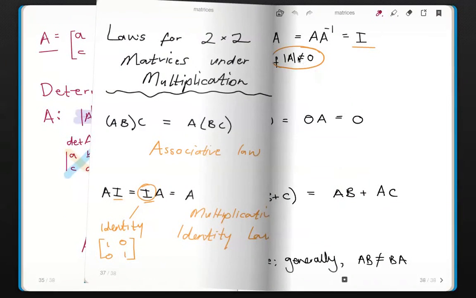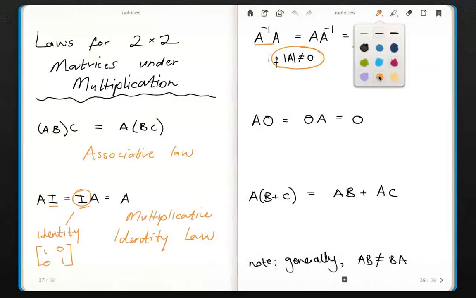So, important here, this is true if the determinant of A is not equal to 0, and we call this the multiplicative inverse law. Multiplicative is just too long of a word for me to write on this. Now,